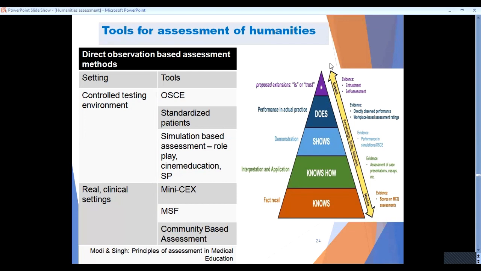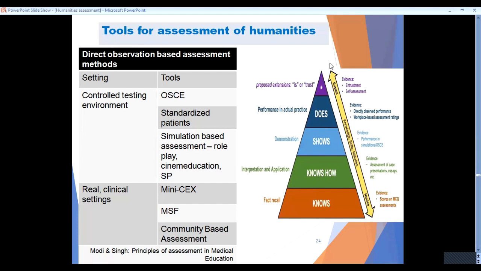Then you can use standardized patients, not the real patients, but simulated and standardized patients, simulation-based assessment, role play, cinema education, etc. These can be used as teaching-learning strategies, and sometimes these role plays. Whenever the student is performing a role play, you can use a checklist and assess at the same time. So these tools, OSCE, standardized patients, and simulation-based assessment, are for the shows level, a controlled testing